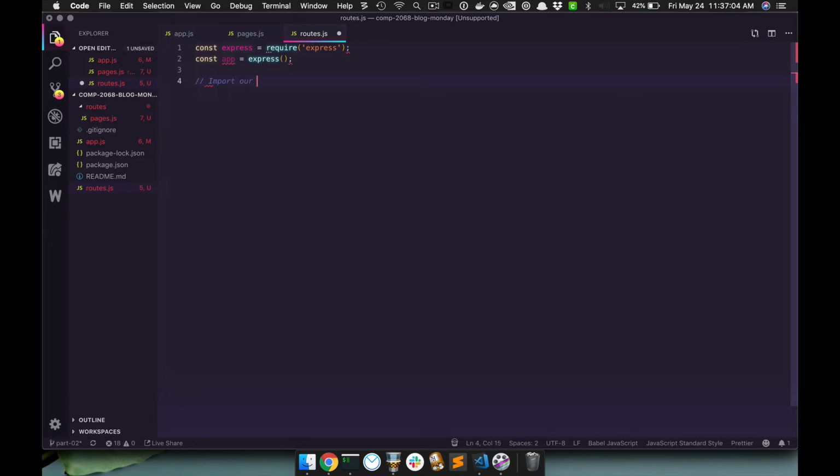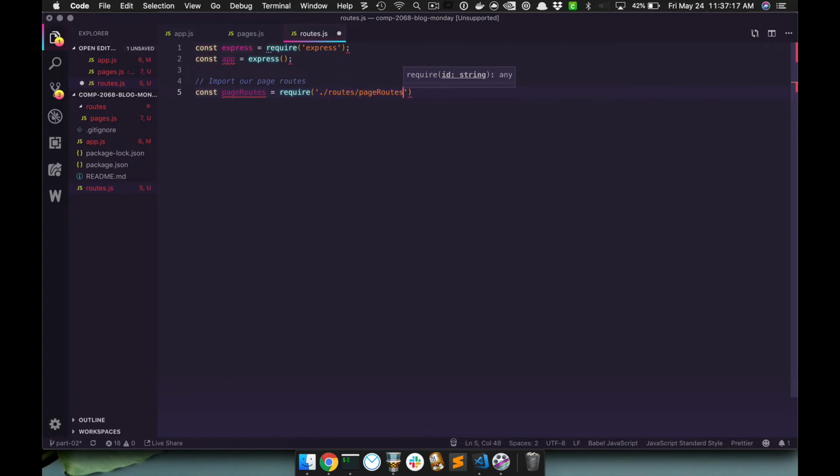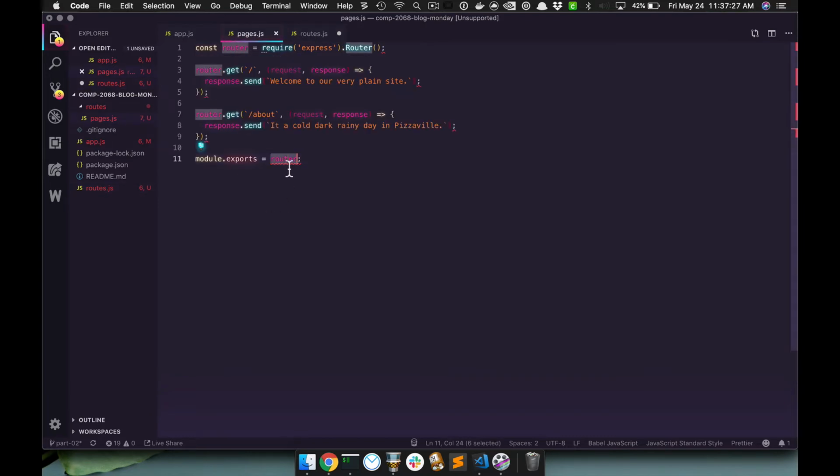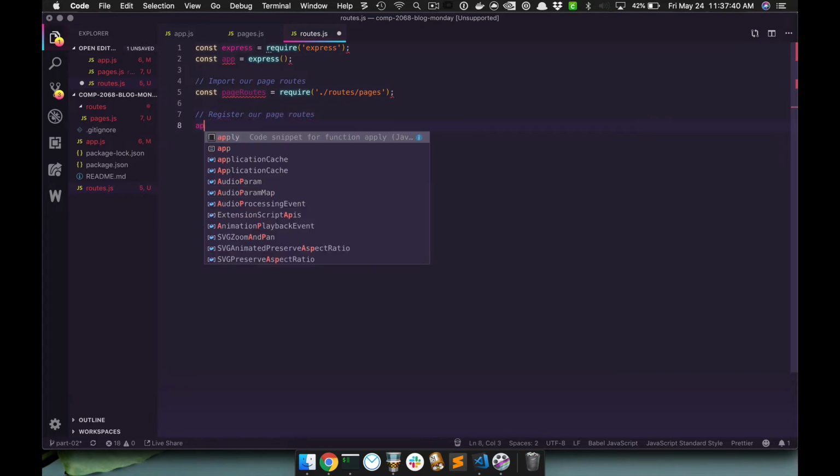Next, we're going to import our page routes. So we'll create a page routes variable, and we'll require our file. And there we go. Actually, I think it's just called pages. It's not page routes. There we go. So now what will happen is this router object will now be stored inside here. The next step is we actually need to register the routes with our current application. So we're going to register our page routes, and we do that by doing